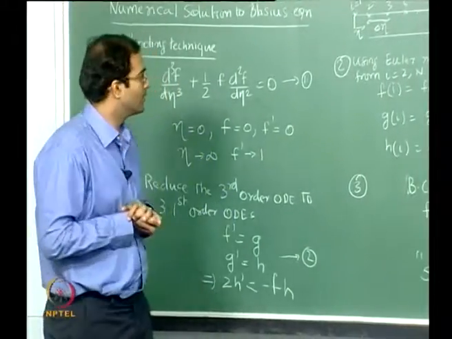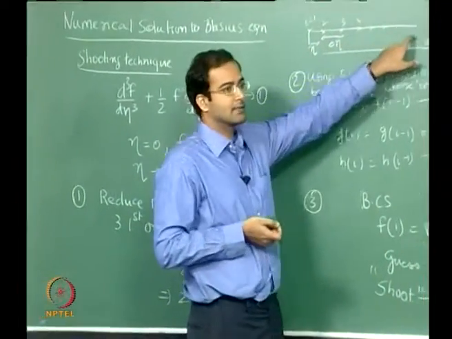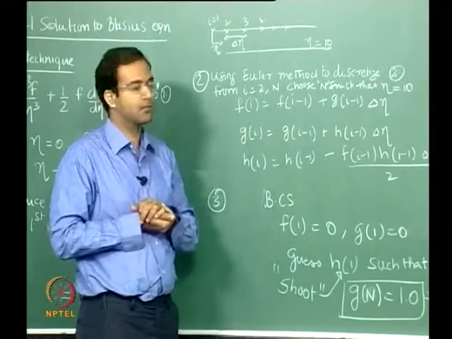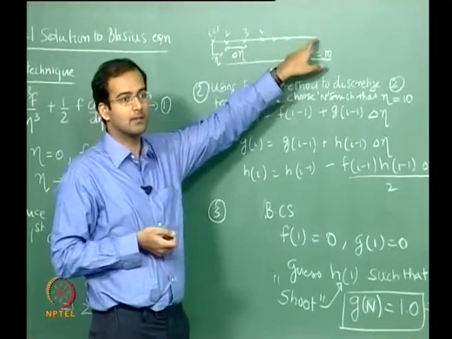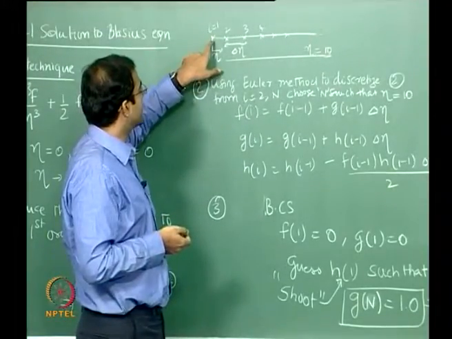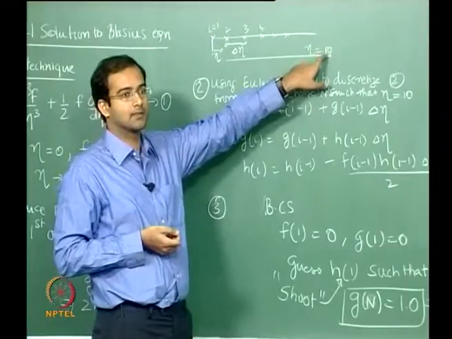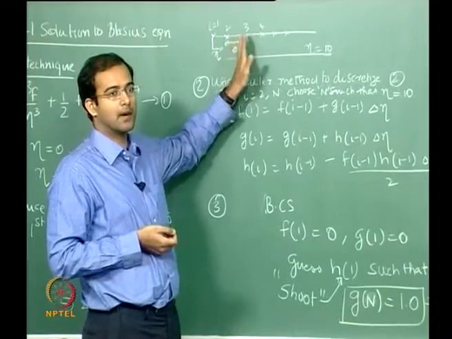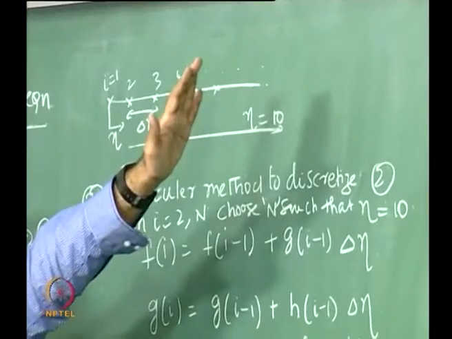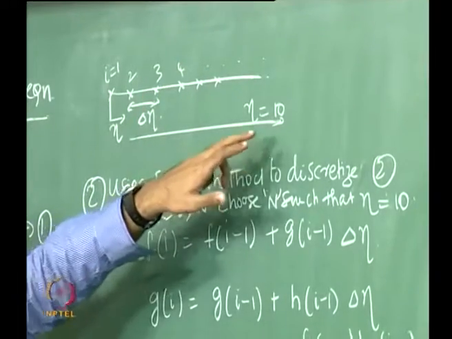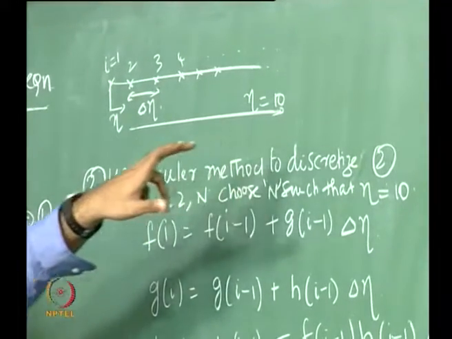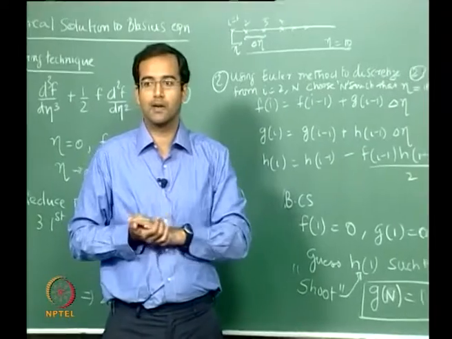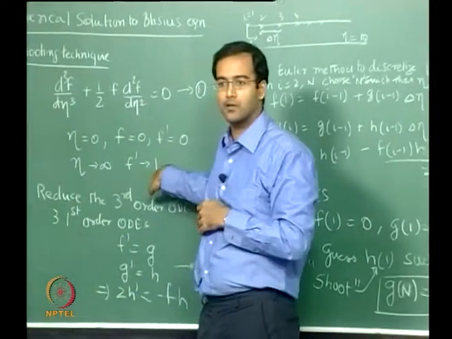Okay, numerically what you have to do, you have to discretize the governing equations onto the physical domain. Now this is one dimensional, therefore you have to discretize into points. Okay, and you have to integrate these ODEs over these points. So you start from some location, say typically at eta equal to 0, and from there you keep marching in space till whatever your extent of the domain is. Okay, so typically you want to have a domain large enough. The large domain here means eta should not be infinity practically, but something which is quite large, which satisfies the other boundary condition where your f prime equals 1.